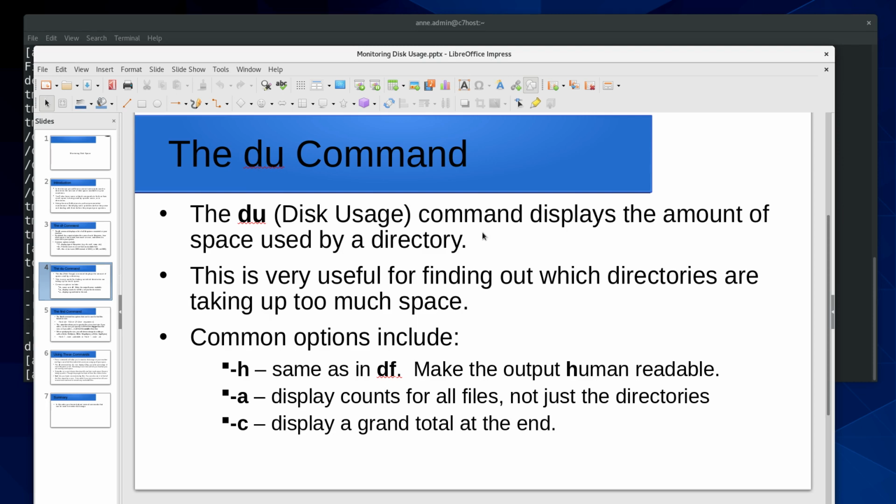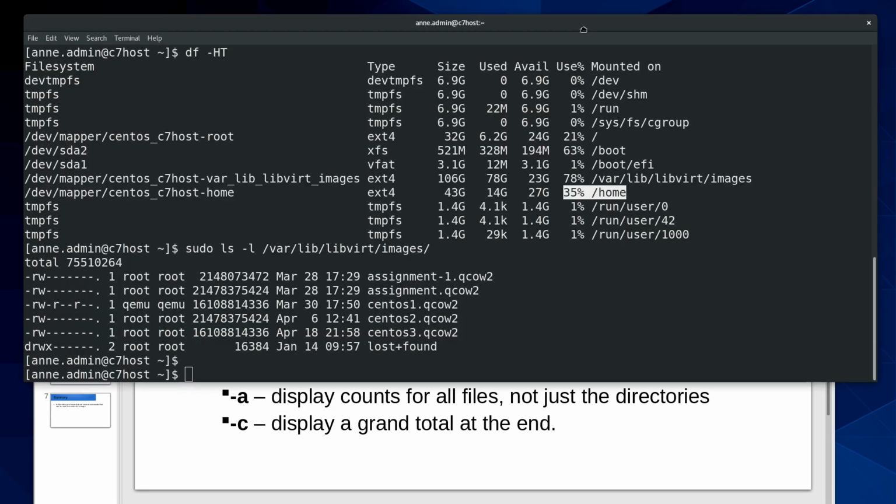This displays disk usage. So it will display a directory, all of its subdirectories, and how much space is being used by each of those subdirectories. So this is somewhat useful for allowing us to figure out which directories are taking up the most space. To use this, it's du, and then we give it one or more directories to look in. So we could say,